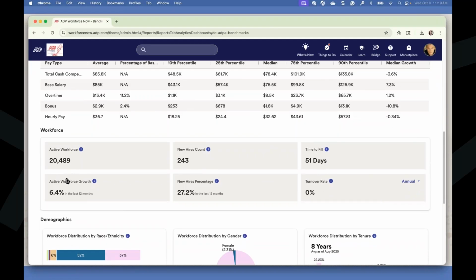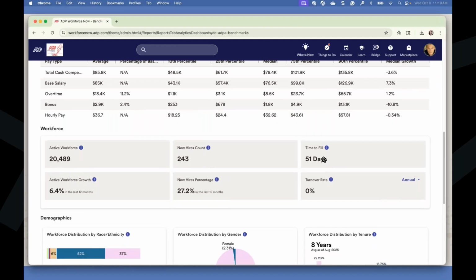So again, going back to that expansion, if you are looking at expanding or you're looking at needing to hire in a specific area, this can really help you to understand, am I going to have enough of a pool to actually hire and fulfill the requirements I need to get that job done? Then you have how many new hires, and how long does it take you to fill? This is going to give you an idea of, okay, is this something I can stand up in a month, in 2 months? This will help you gauge that to say, okay, I need about a 3-month lead time to get them all in here. And then depending on what you need from a training perspective and all that stuff, it kind of gives you an idea of how much lead time you're going to need.